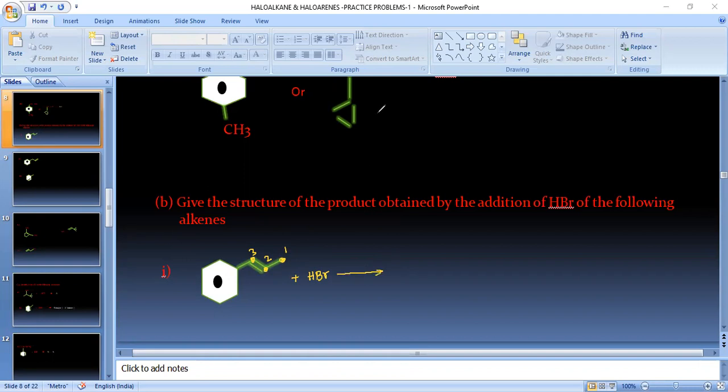Follow the Markovnikov rule, H plus Br minus. So positively charged electrophile attacks those carbon of unsaturation which is having more number of hydrogens. ఇప్పుడు సెకండ్ కార్బన్ ఉంది, అన్సాచురేషన్ 2, 3 బిట్వీన్ ఇస్ దేర్. అంటే ఇప్పుడు థర్డ్ కార్బన్ కి H+ వెళ్తుందా, సెకండ్ కార్బన్ కి వెళ్తుందా, గెట్ చేయండి. ఆబ్వియస్లీ సెకండ్ కార్బన్ కి, isn't it? Then the double bond